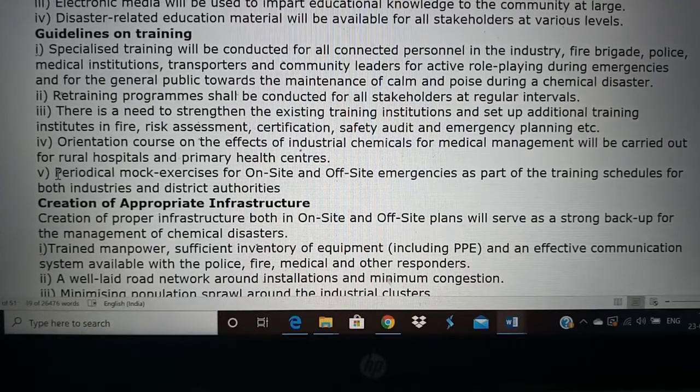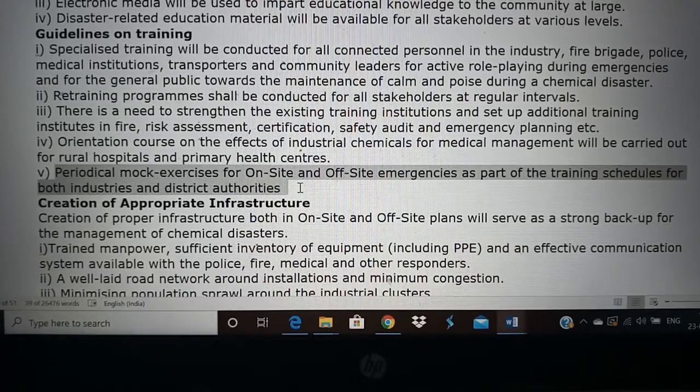And other than this, there are mock exercises, that is on-site and off-site emergency drills, that is without an accident, they will act as if there is an accident, and how they will have a drill. So all the departments will work together to evacuate the people and ensure safety. So when the drill is done, when it really happens, it will be easy for them to